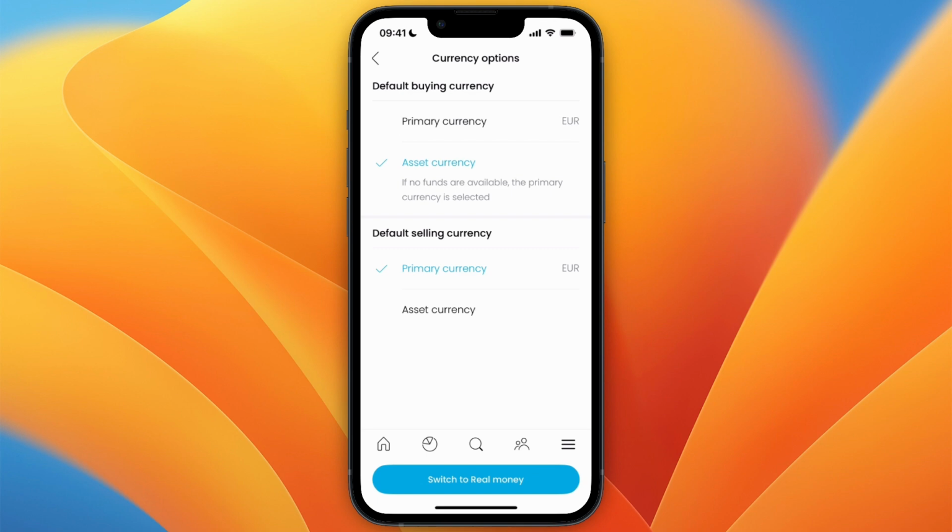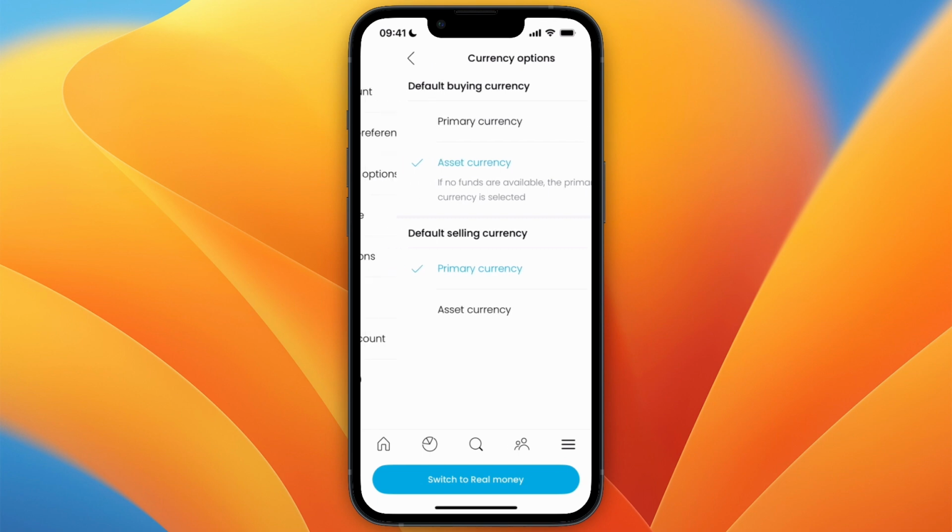Now, unfortunately, you cannot change your primary currency itself. For that, you will need to create a new account and set it to the country that you want to change it to. So for example, if I would like to change my account to the British pound, that's only possible if I actually have an address and I live in the UK,